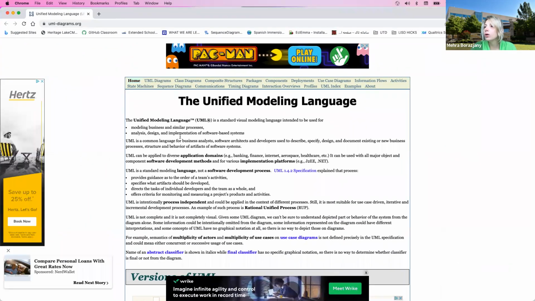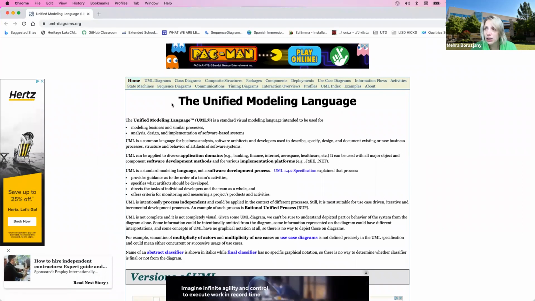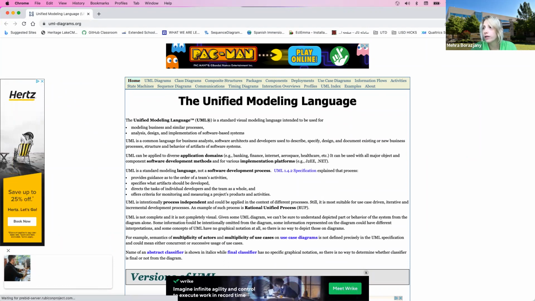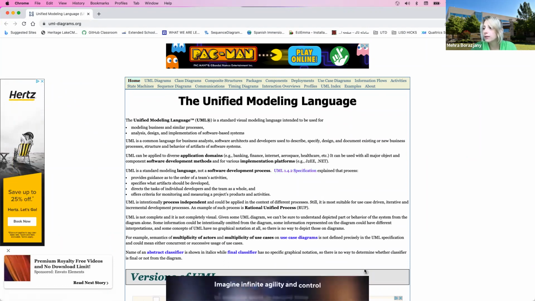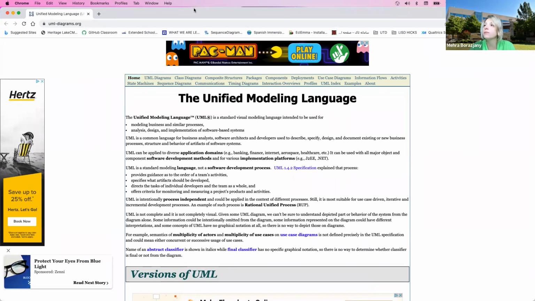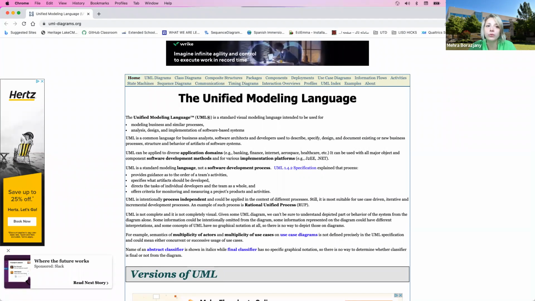Okay, so it's basically the specification for UML 2.5, the one that we're going to focus on, with all of the rules based on it. You can use it as a reference whenever you don't know how to draw something. You see all of the different kinds of diagrams available, and it's also going to show you